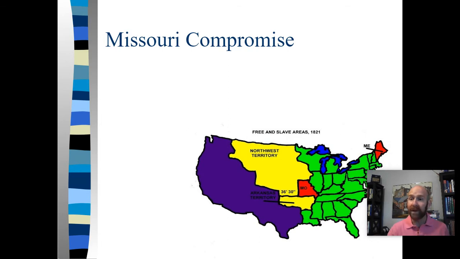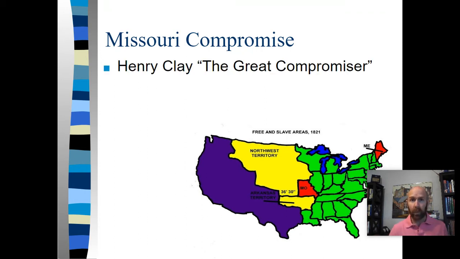So what will end up having to happen, we want to expand. We want these states to be made states so we can solidify our control over that territory and fully develop that land. And so a compromise breaks out. What will happen is Henry Clay, the great compromiser, because he's such a good politician and is so great in Congress, he's able to essentially stitch together compromises that are going to hold the Union together for decades more.